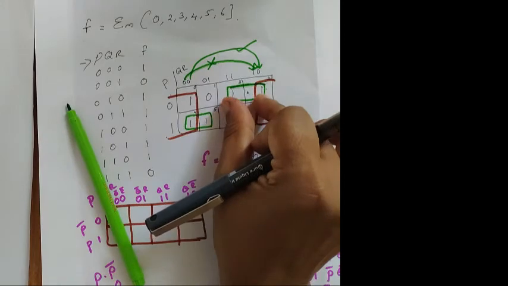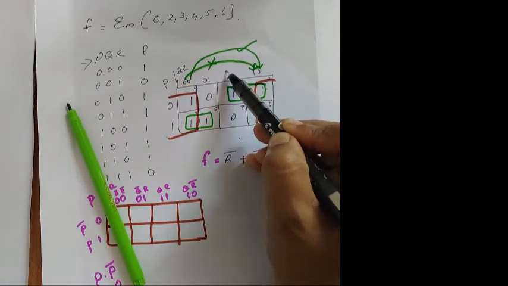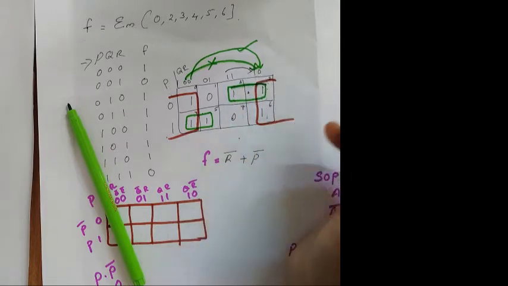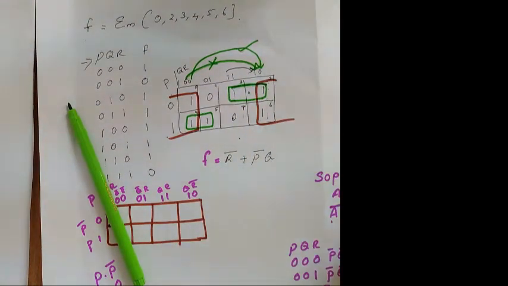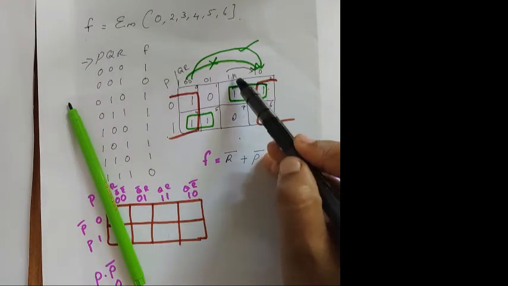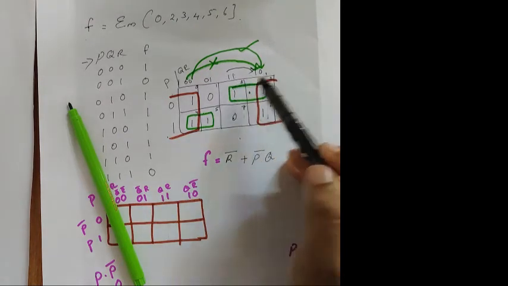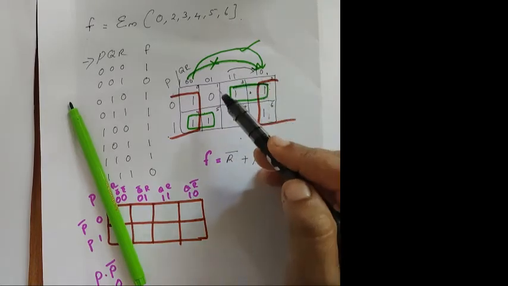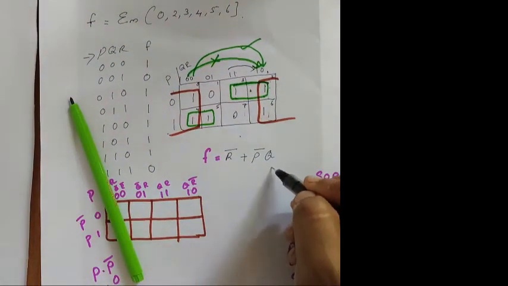And the same thing we have to check for Q and R. Q and R, what happens? Q switches from 1 to 1. So you can take Q. The same thing, Q is 1. So it is given as Q. And R varies from 1 to 0. So you can't take that. You are not taking that. It is switching from 1 to 0. So you are not taking that. No switching is possible. So you got the expression P bar Q.